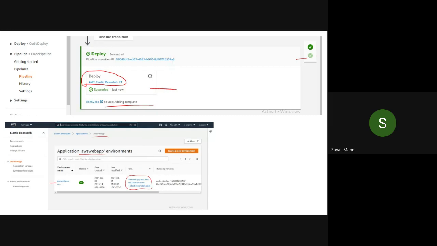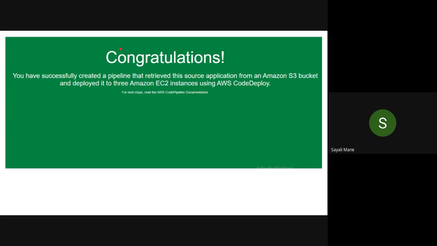Are you getting the screen? It didn't change for me. Same here, the screen didn't change for me. So this one? Yes, ma'am, I also got the same screen. Ma'am, after refreshing it is changing. Yes, ma'am, after refresh it comes. Very good. Because I got the same screen, I didn't take a screenshot. Ma'am, do we have to take a screenshot of that URL part? No, don't take a screenshot of the URL part.